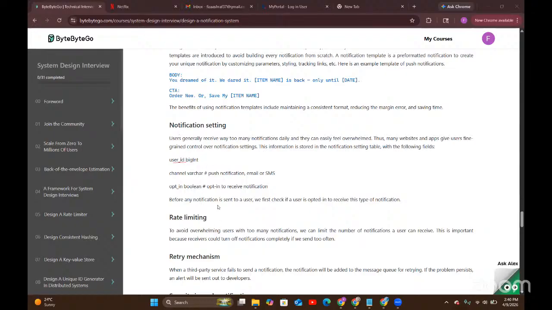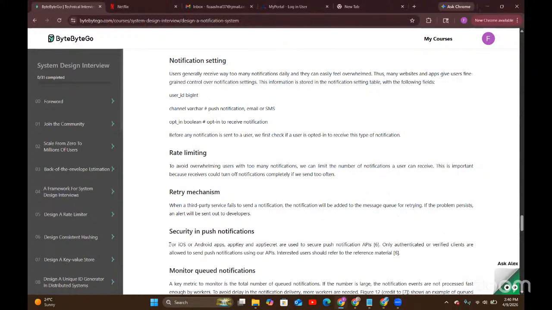And we also want to rate limit, right? So what we do is, we do not want to overwhelm our users with too many notifications, because if